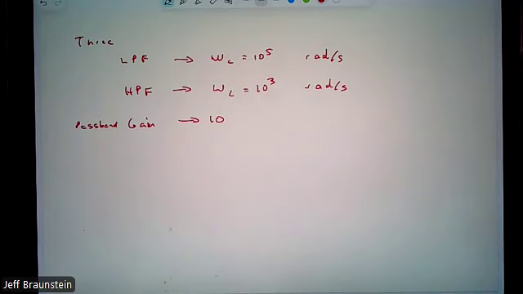Which corresponds to 10 or more. We've already done that math, taking advantage of previous work. How do I build this circuit? We already know it's an op-amp circuit. We've done that. How do I build this circuit?